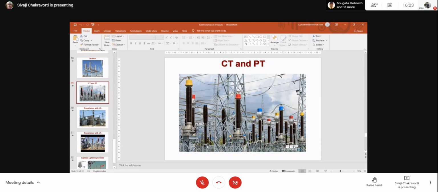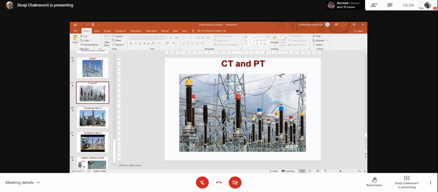What about this blue one? You can see here, not two lines are going in. This is simply going on top of it. So that means this is a parallel connection. Clearly, this is a parallel connection. That means there is a primary winding and one terminal of the primary is connected to the high voltage. The other terminal of the primary is earthed at the bottom. So this is in parallel with the line. Therefore, this is a PT.